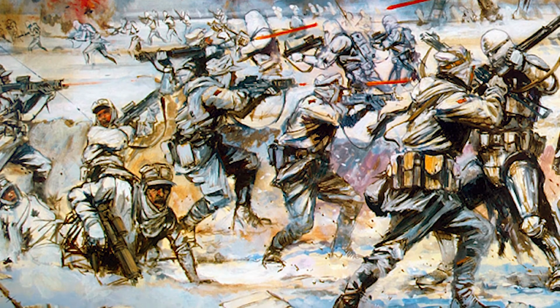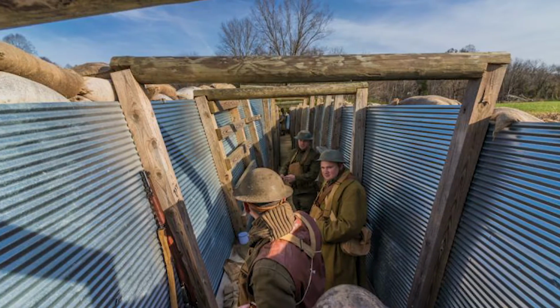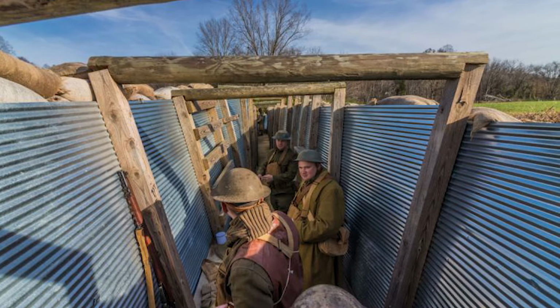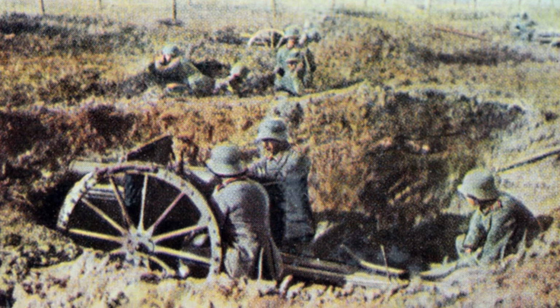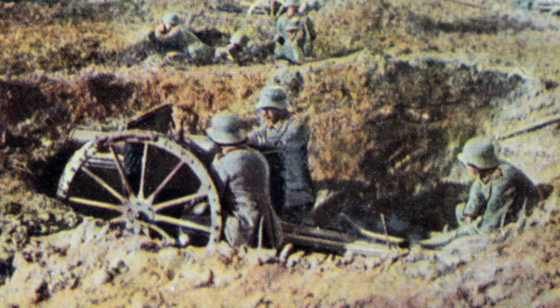Consequently, German trenches were much better constructed than those of their enemy. Anglo-French trenches were only intended to be temporary before their forces broke through the German defenses. Trench warfare prevailed on the Western Front from late 1914 until the Germans launched their spring offensive on March 21,